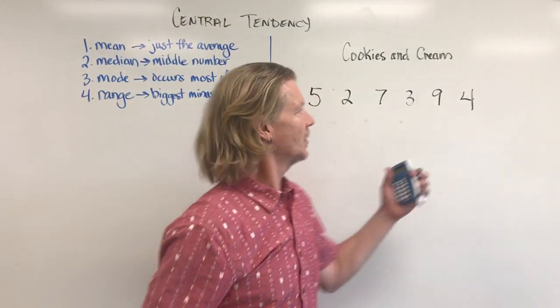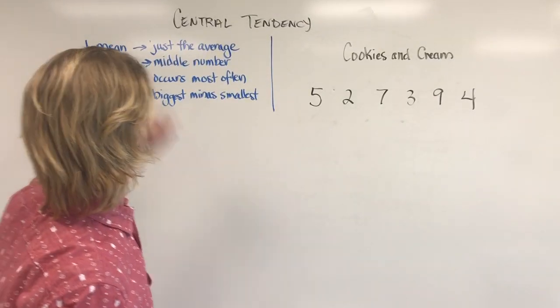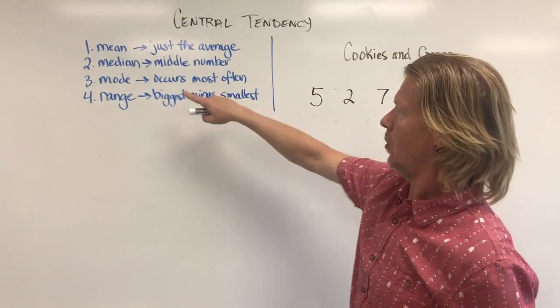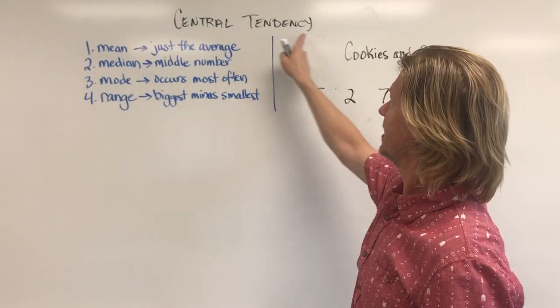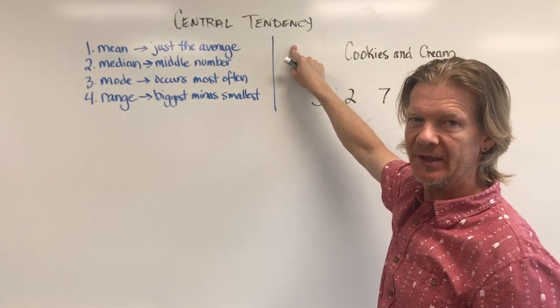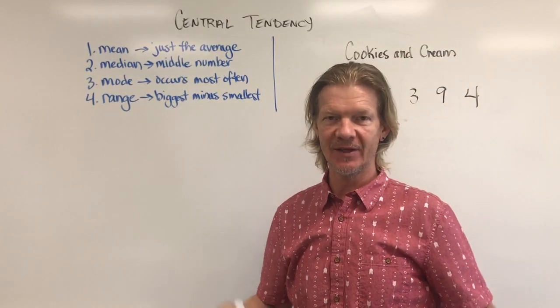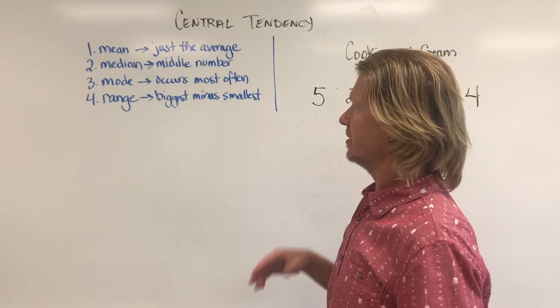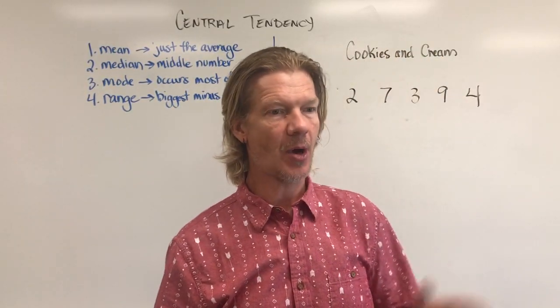Hey everyone, just another quick video talking about central tendency and these four important words: mean, median, mode, and range. Those are four words you need to memorize for this. Don't worry about this idea of central tendency. It's really often called statistics, and it's just about taking a whole bunch of random numbers and giving some meaning to it. So there's a bunch of examples on the pages online that I'm going to pop beside me here